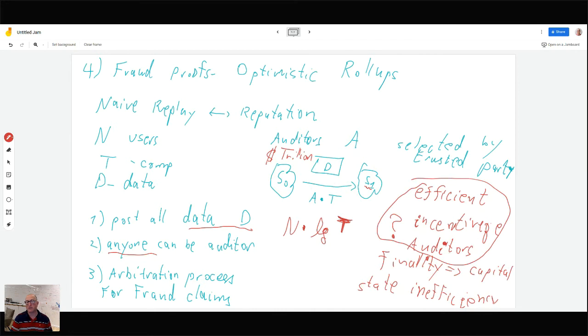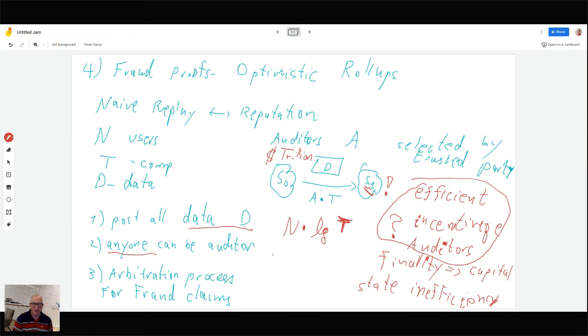Because we have to allow this process of fraud detection and arbitration to be carried out, we need a relatively large period of time until people can know that the state S1 is really, really final and no one's going to contest it. And because of that, you have this indeterminacy that is pretty long in blockchains. The statement is that it should be around 1 week. But again, this 1 week is, to the best of my knowledge, not really based on numbers. And again, this question of the trillion-dollar question, how much of it goes where, and why is it that 1 week is enough? This is an unresolved question these days.